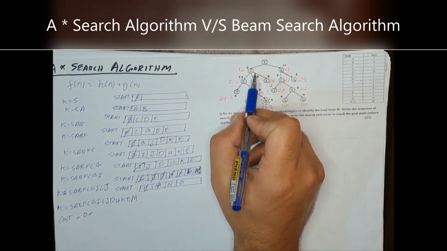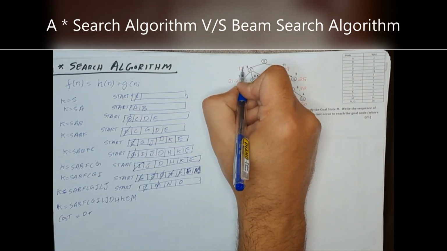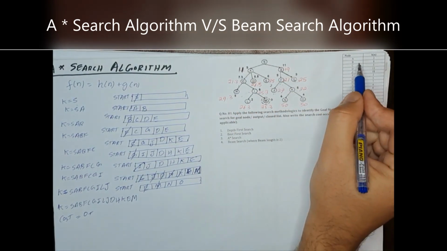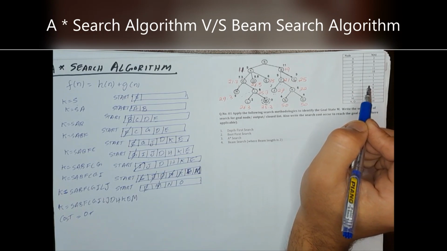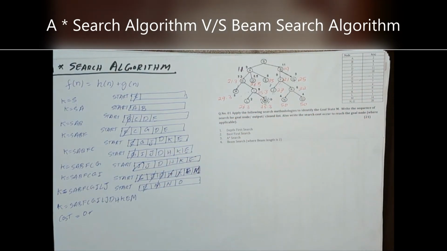9 plus 2, 11. So A is 11. First of all, we will write A, 11,